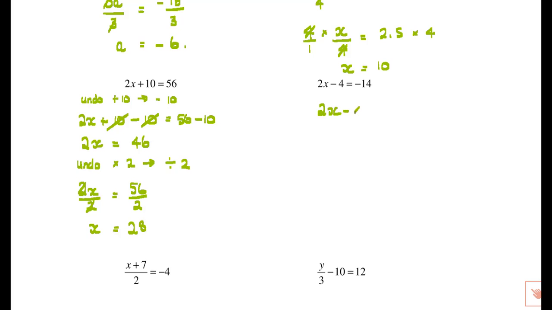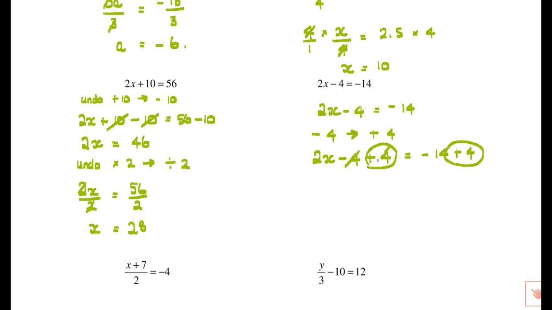2x minus 4 is equal to negative 14. Remembering that we undo any addition and subtraction first, so we'll have to undo subtract 4 by adding 4 to both sides. And so we're going to do exactly the same thing to both sides. There it is, we're adding 4 to both sides of the equation. Minus 4 plus 4 is 0. So we have 2x is equal to negative 14 plus 4,